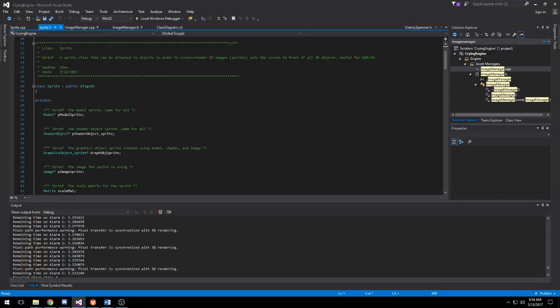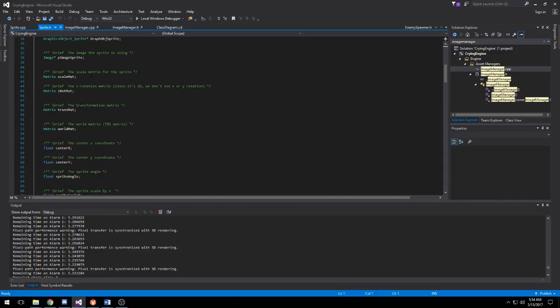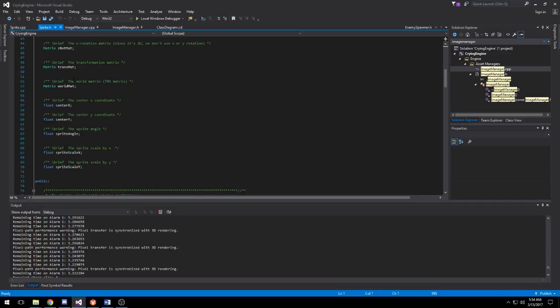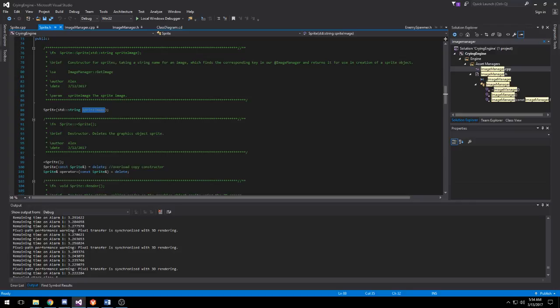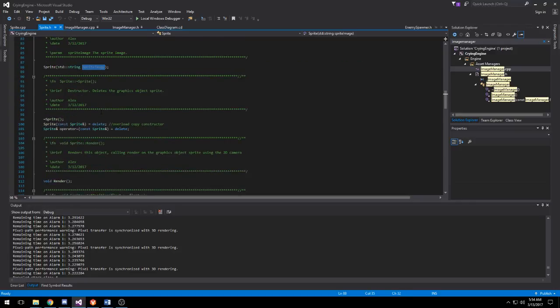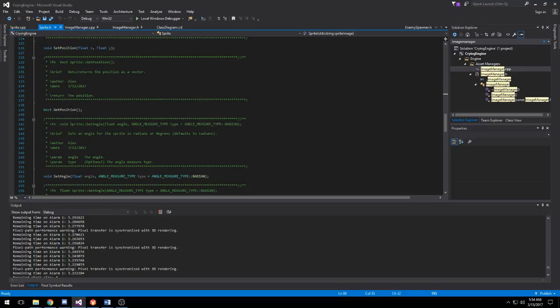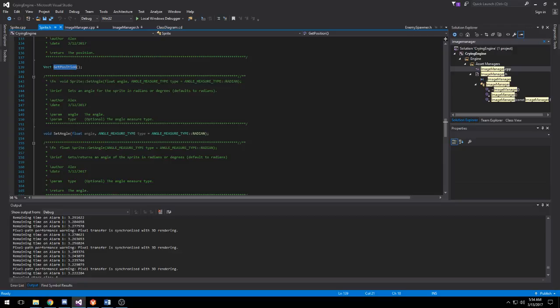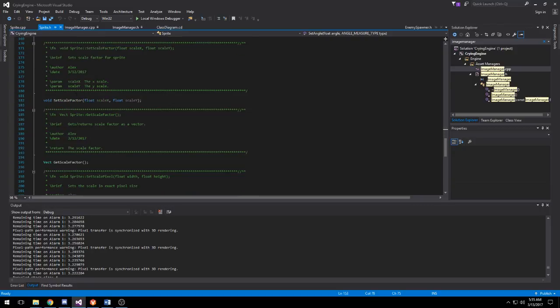So this is my sprite header. It has all the necessary variables that we would need to keep track of in order to create the sprite first with the sprite image, and then making sure that we can also render it, set the position. I added getting the position, which will return a vector, setting the angle, getting the angle, and I talked about this before, but I added the angle measure type, radian or degrees, defaulting to radians just for extra usability,